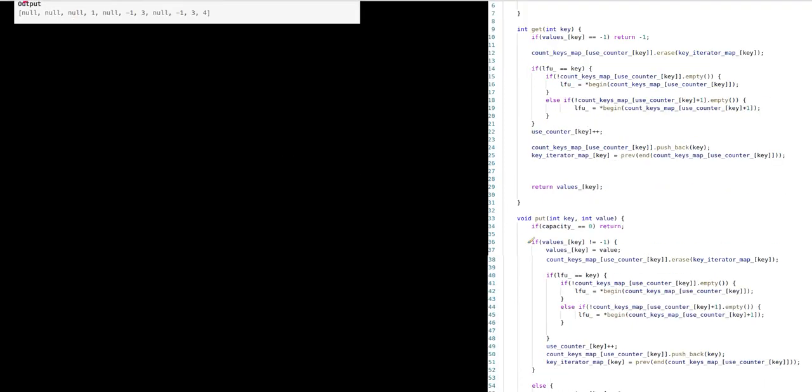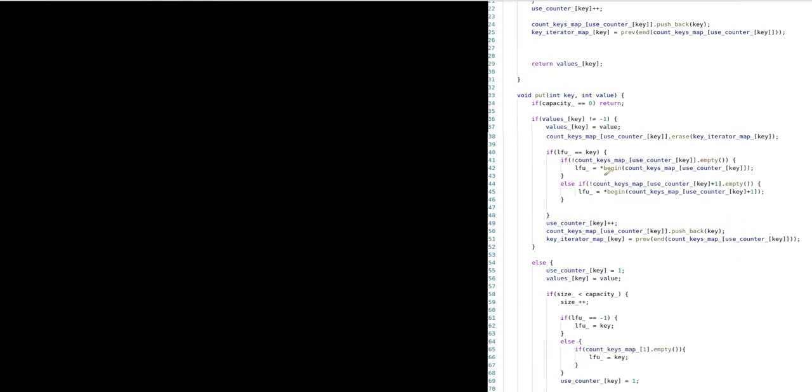Now in function put 1 1, we check if capacity equals 0, and that means this cache cannot accept any key because the capacity is 0. In this case we don't need to do anything, we just return. Now here, values of the key, if the value of the key is not equal -1,